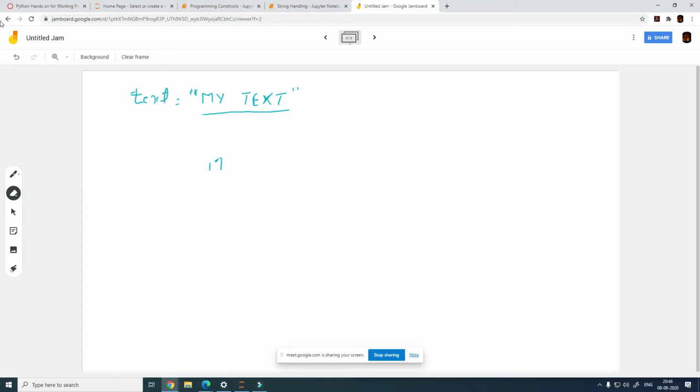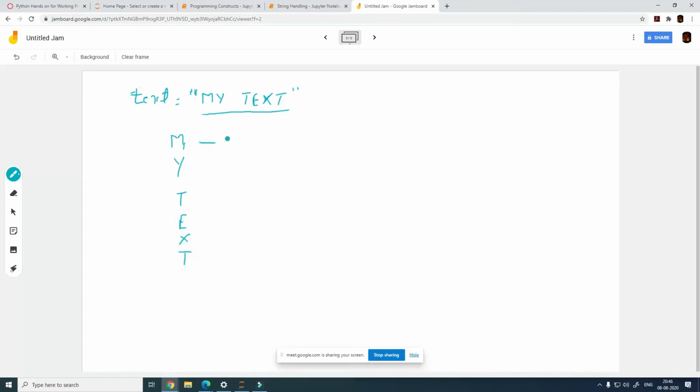Just for simplicity, I'm writing this text like this so that I can explain what is happening here, how a text gets stored.